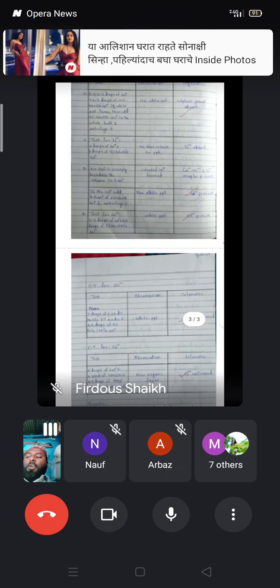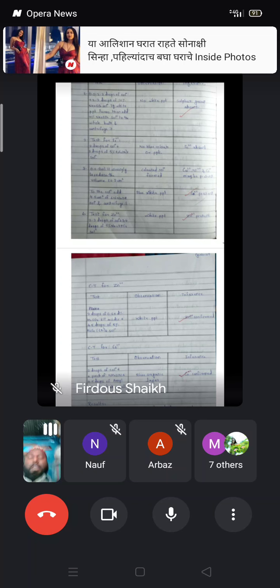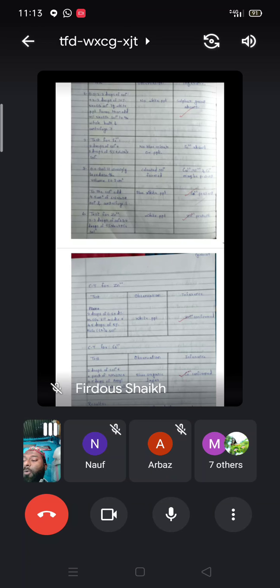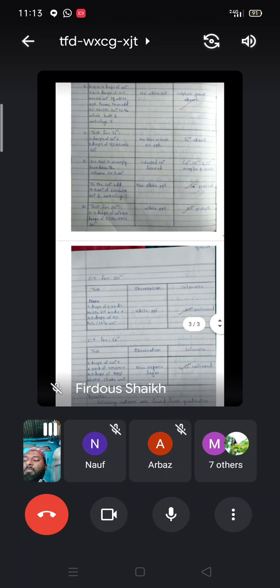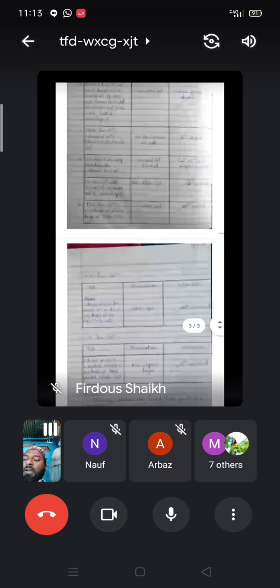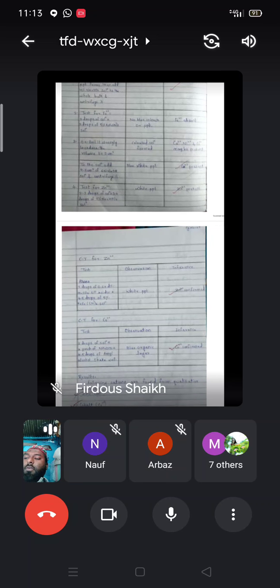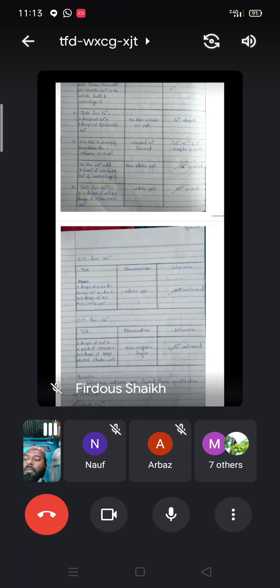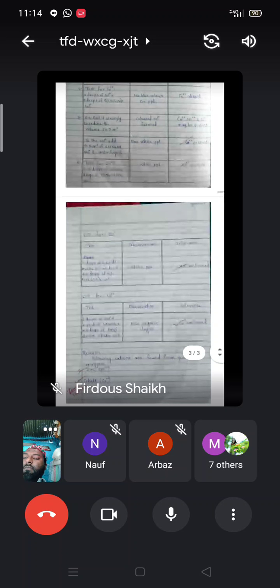The next test: the original solution we have to boil to reduce its volume. If we have taken 4 cm cube, then we have to reduce it to 2 cm cube. If a colored solution is formed, then these cations may be present: copper, nickel and cobalt. To this solution we add 6 normal NaOH. If we get a blue colored precipitate, it indicates the presence of cobalt 2+. Then the test for zinc 2+. If a white precipitate is observed, then zinc 2+ is present.